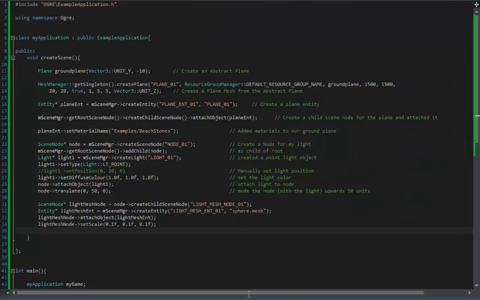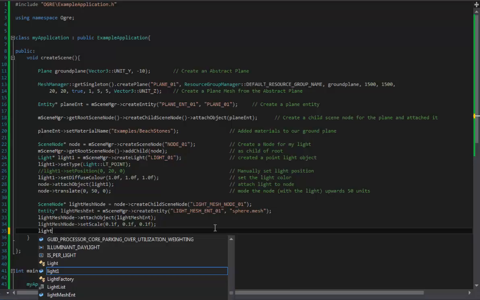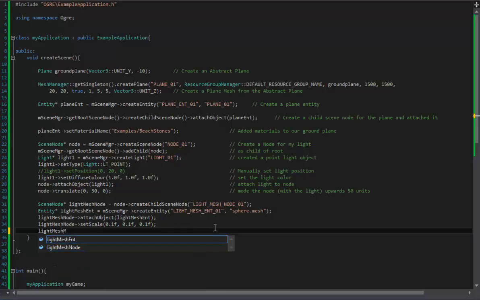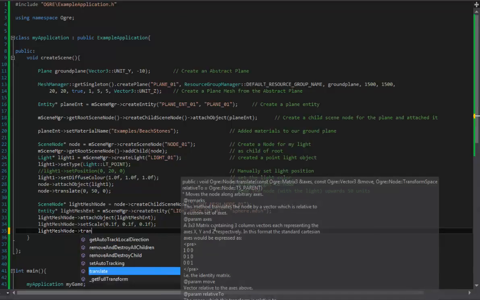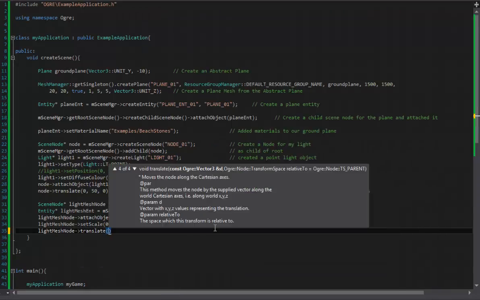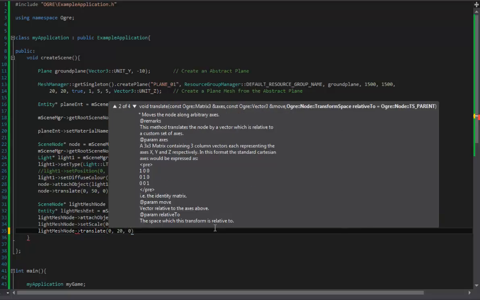There's a simple fix to this. All I need to do is move this light mesh node upwards with the translate method. If you remember from the previous unit, with translate you have 3 spaces that you can translate in. By default, you're in local space. So here I'm going to use local space, and I'm going to go upwards by, let's say, 20 units